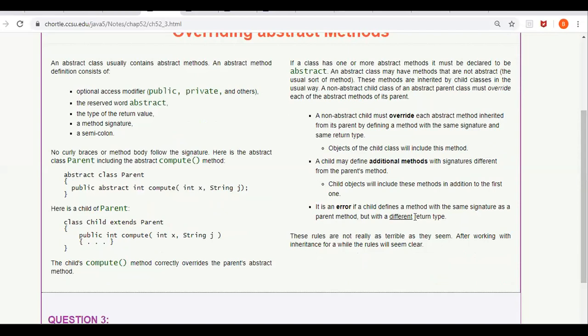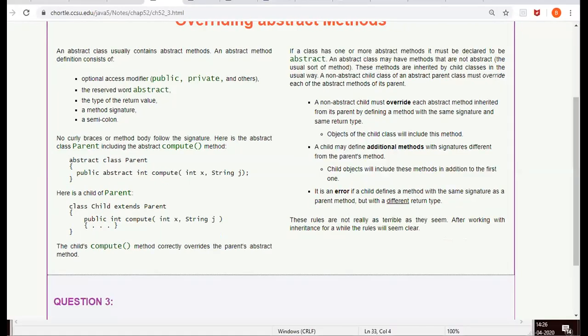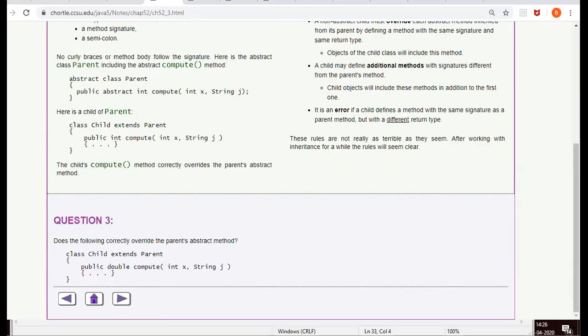That is, assume that in the parent class there is a method which you want to override in the child class. Then you should override it in the same way how it is written in the parent class, including the return type. It should match. It is not that there you give some return type and here you give some other return type. That should not happen. So you should be cautious about this particular point.